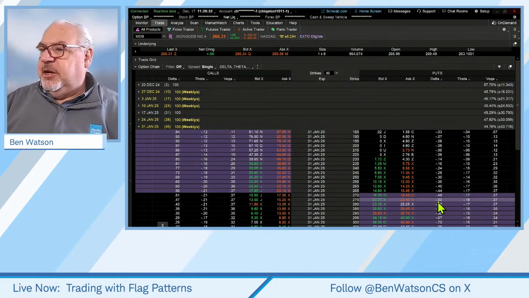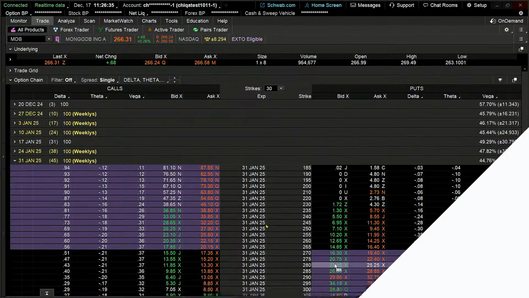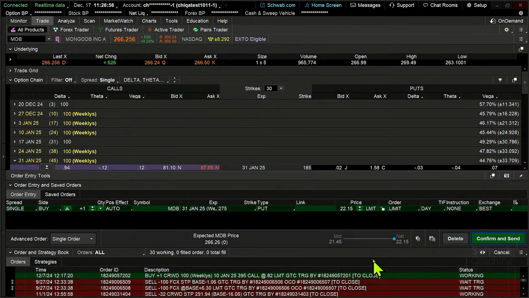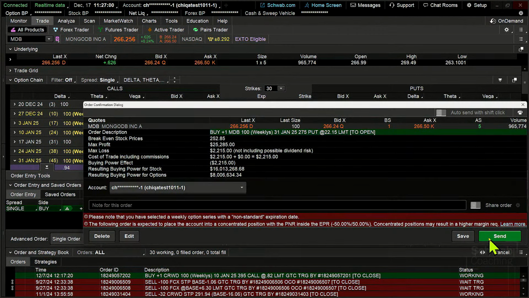So in this particular case, I'm going to go to an option. In this case, the stock's currently trading at 266. I'm going to look at buying the 275 put option. It's going to be slightly in the money. It's going to have a delta of about 54 cents. So it's going to be a little bit more directionally sensitive. It's going to be less cost and less buying power impact than shorting the stock. Right? It's not going to be cheap because it's a $400 stock. So if I were to buy that put option in this particular case, again, remember, this is taking advantage of downward price movement.